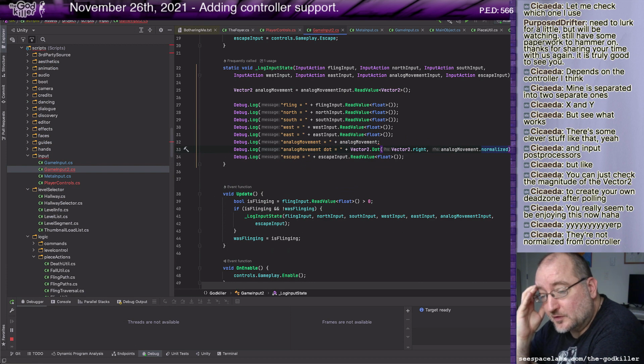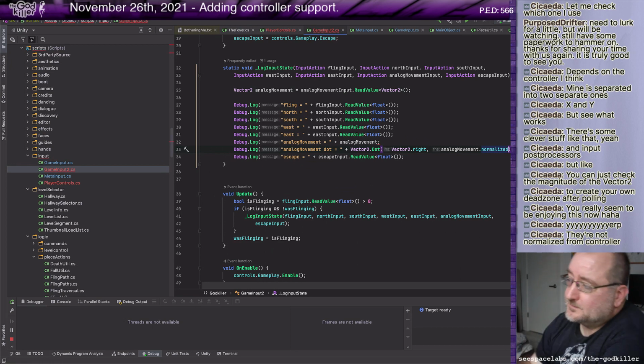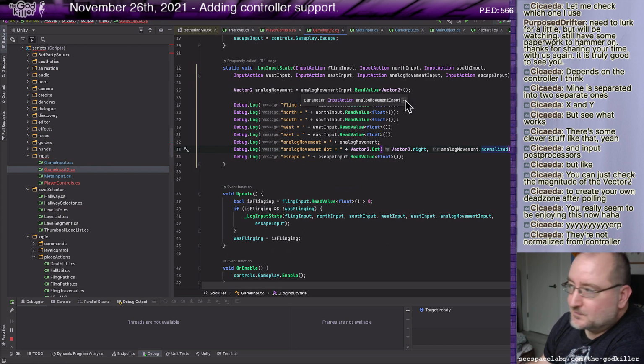They're not normalized from the controller. Well, all I'm saying is that when I read this value as a Vector2 from the input action, the values are between 0 and 1. To me, that indicates they're normalized.